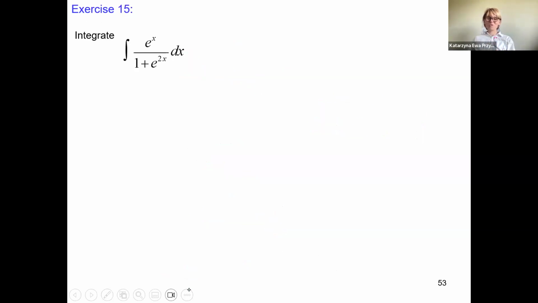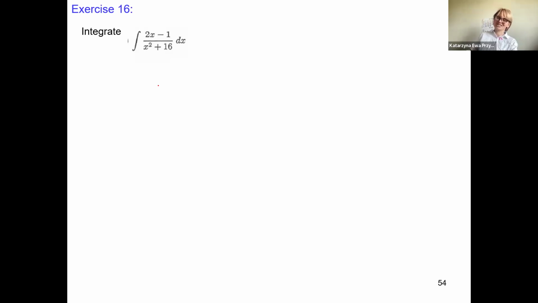Another quantity squared. 1 plus quantity squared. Okay, 1 plus quantity squared. And the quantity is e to the x. You may try the u substitution. Oh, that's maybe, yeah, this one is a little bit tricky, because this one is actually, I would say, a nice integral, really nice, but it looks a little bit like Calc 2, or maybe not, because what we have to do,